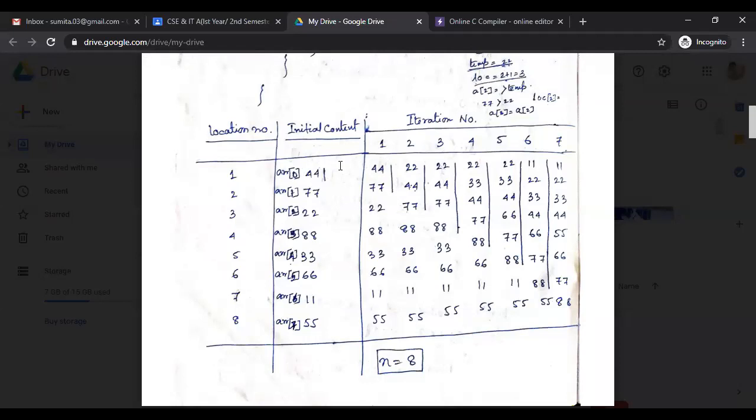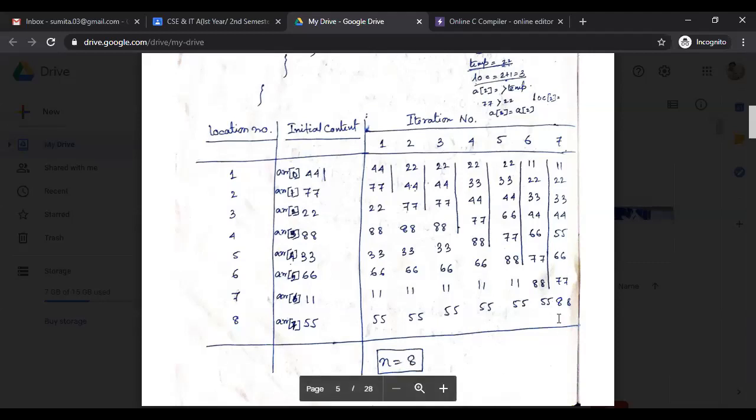44 is the only element in my array, so no comparison is required. After inserting 77, I'm going to compare 44 and 77. Again, after inserting 22, we are going to compare 22 to 77 and 22 to 44, so all these three elements are compared. After inserting 88, all these four elements are compared.